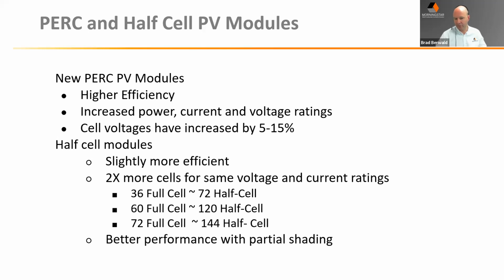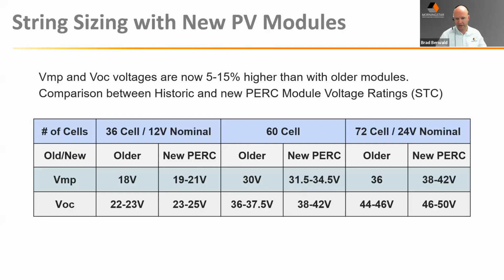The nice thing is it does give more power, more gains from MPPT, which is good news for us and for everyone, and also better performance in that if you have a partial shading impact on an array, it doesn't quite take the array out as dramatically as it did in the past. They're a little more resilient to partial shading. And here's some specs. You'll just see that the overall voltages on 36, 60, and 72 cell modules are a bit higher than they were before. And we've checked all the modules. We've looked at our product ratings and just made sure we're fully compatible going forward, and we are.